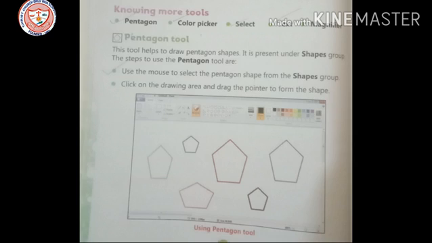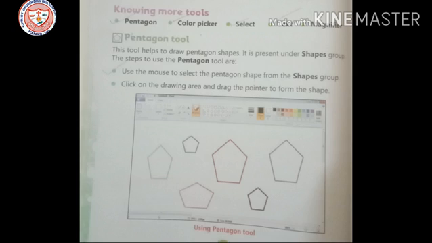Then click on the drawing area. The white area is your drawing area. Click it, and when you drag the pointer, you can see a pentagon is drawn. If you drag it small, the pentagon will be small. If you drag it big, the pentagon will be big. However big you want, you can draw it.